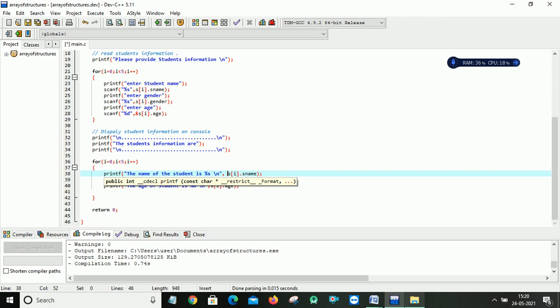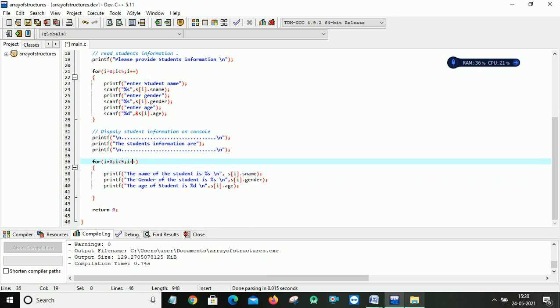After displaying these 3 contents of the first record, now i is incremented and becomes 1. 1 is less than 5, again the condition is true, so it will display the second record, that is s[1]. Again I increment, now it becomes 2. 2 is less than 5, the condition is true. Again it will display the s[2] record.